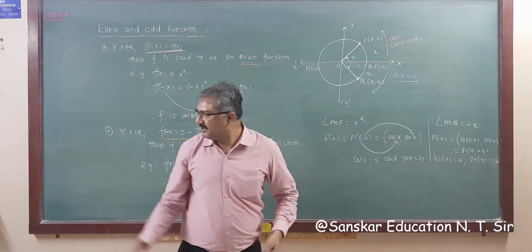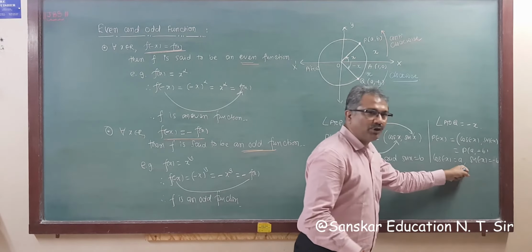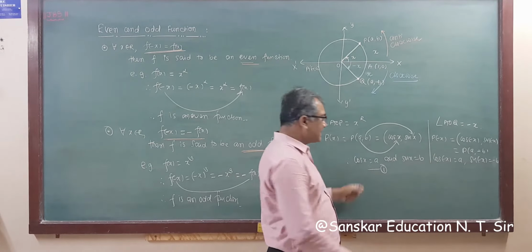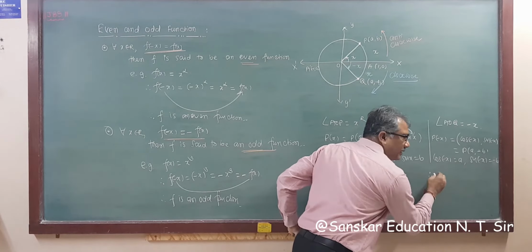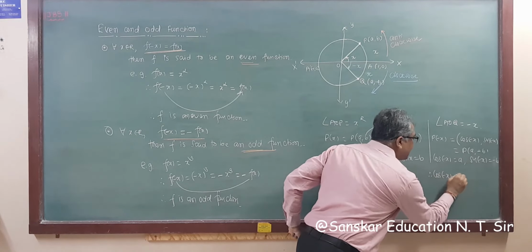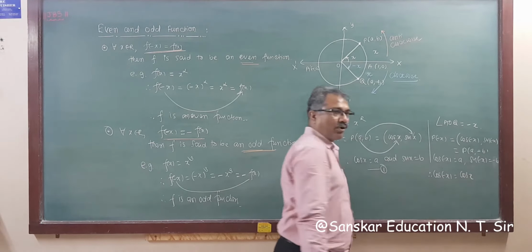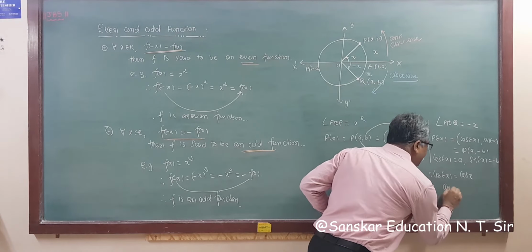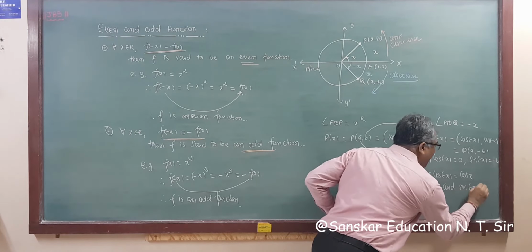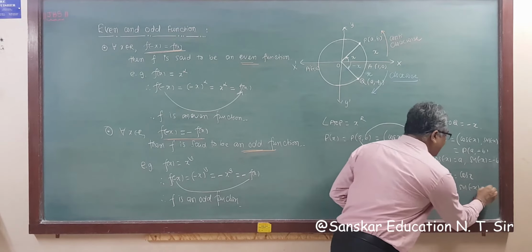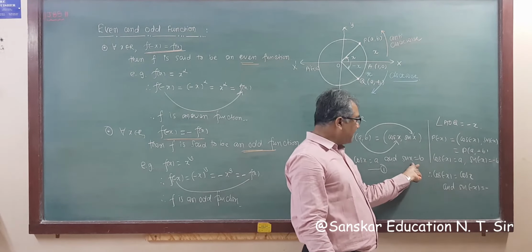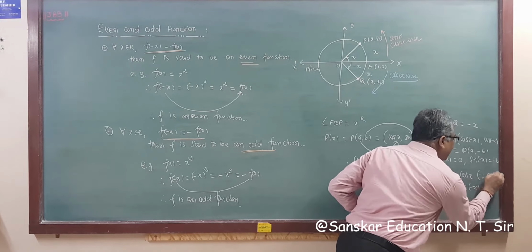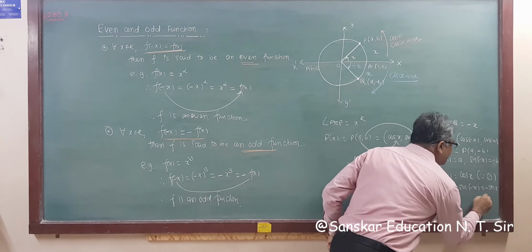See what happened here. This is cos x is equal to A. Now say this is result number 1. So from result number 1, A is cos x. So what we get here? So I am writing here cos minus x is equal to cos x. And B, what is B? Sin x. So sin minus x is equal to minus B, and B is sin x, so minus sin x. This is from 1 and this is 2, then this is from 2.